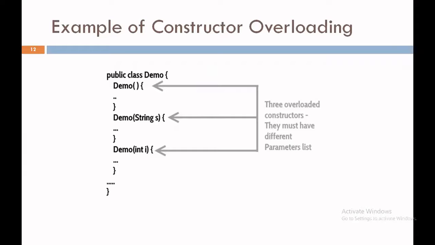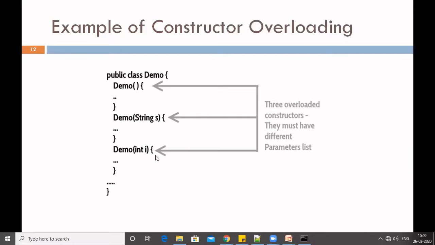We all know that constructor overloading is not much different from method overloading. In the case of method overloading, you have multiple methods with the same name but different signatures. Whereas in constructor overloading, you have multiple constructors with different signatures, the only difference being that a constructor does not have any return type. So in this example, I create one class. This class contains 3 constructors and these 3 constructors have the same name but different parameters. So this is constructor overloading in Java.